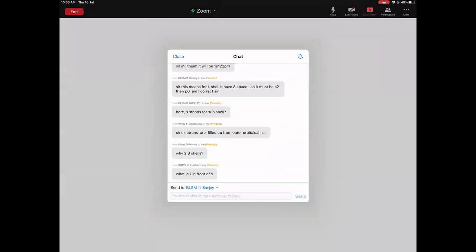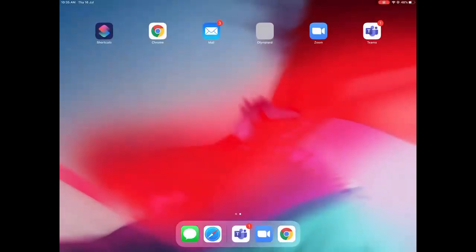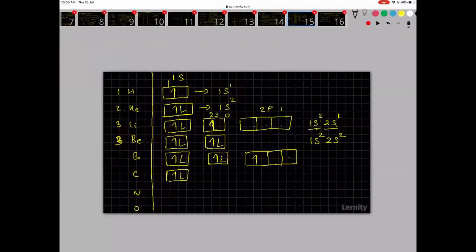I don't know that theory, Harish. Why 2s? I explained 2s. What is the 1 in front of s? It is the number of electrons. Two electrons can go to the s orbital of the second shell or the p orbital of the second shell. The s orbital has l value 0, n value 2, so 2 plus 0 is 2, while the p orbital will have 2 plus 1, 3. So s has lesser energy, and the electron will go to lesser energy first.